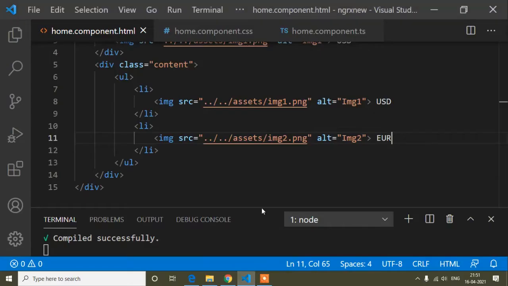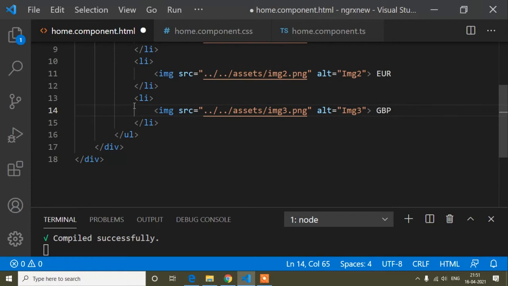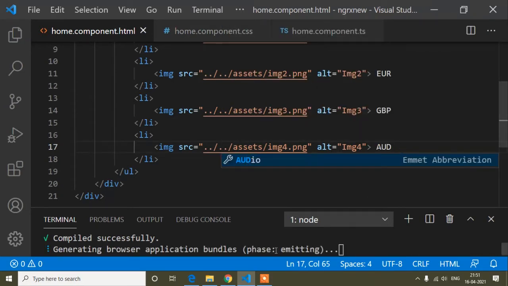So you can see that. So these are the container. I mean, first of all this thing will be hidden from here. When I click here, it will open. So this way I will add another two. Here I have already added two country codes, so I will add another two. Here I will write image3, and the alt tag is also image3, and now the country code is GBP. And now here I will add another one. So now here is image4, and the alt tag is 4, and now instead of GBP I will write AUD. Okay, so now I will show you that.